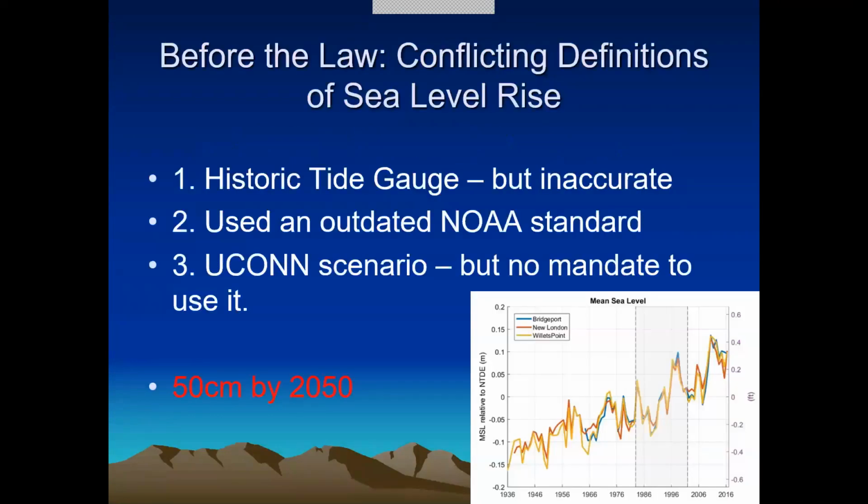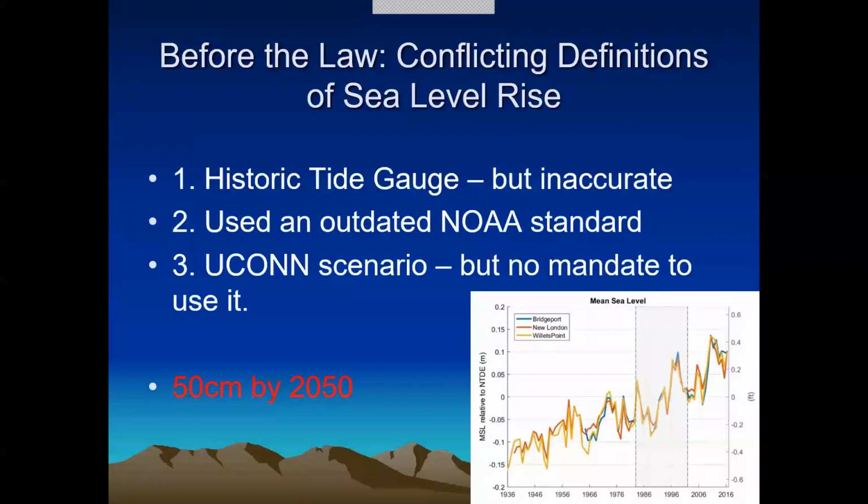One of the things that Connecticut had before this work and before they made a change in the law is that there were conflicting definitions of sea level rise. I mentioned my research assistant, Bill. He came to me one day and said, look at this. There are inconsistent definitions. He had an engineering background. He said, as an engineer, I could maybe use any of these, depending on the context, and it was a bit confusing. One, they had done a historic tide gauge average over, if memory serves, 10 years. For those of you that are scientifically based, you might know that the epoch of tides is actually 19 years. So depending on which 10 years you took, it was under or over reporting.